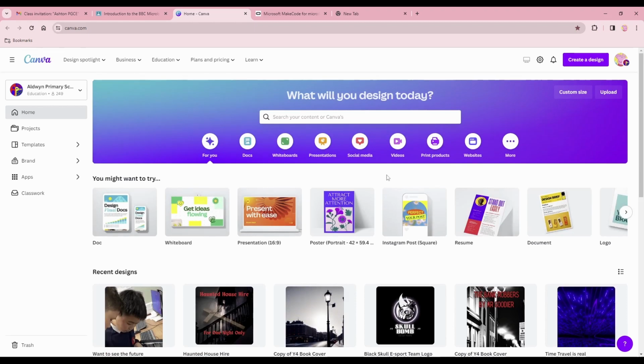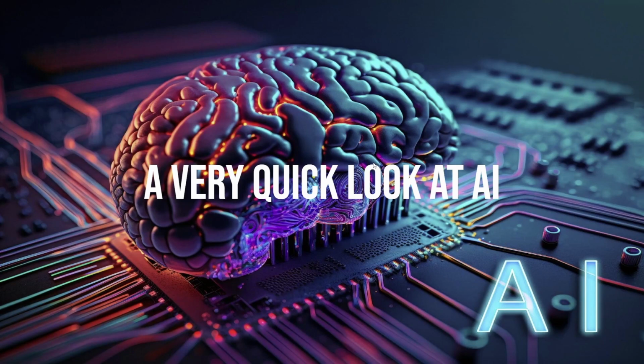But to make the most of it, you do need the provision in place first, like Google Workspace for Education, because that will allow you to incorporate it straight into their applications. That will lead us to the very end of this presentation, and we're going to take a very quick look